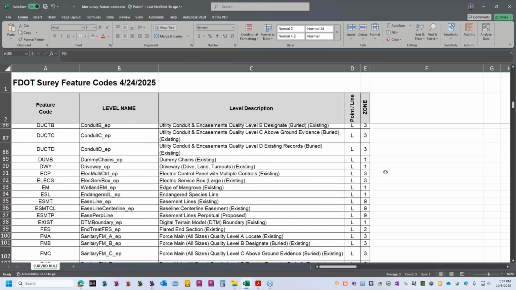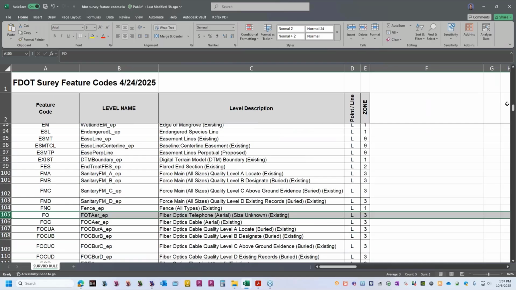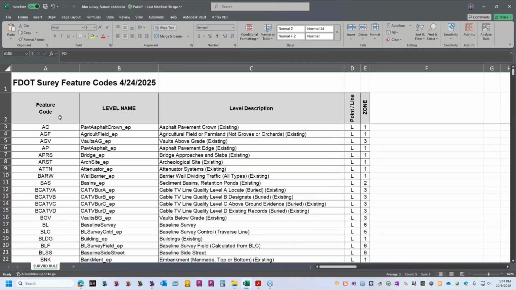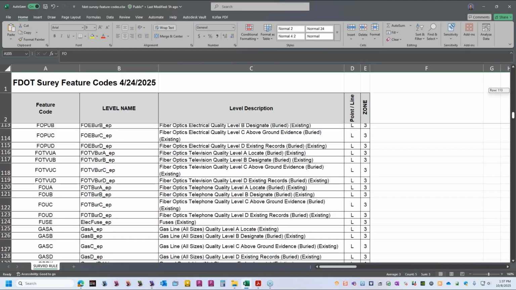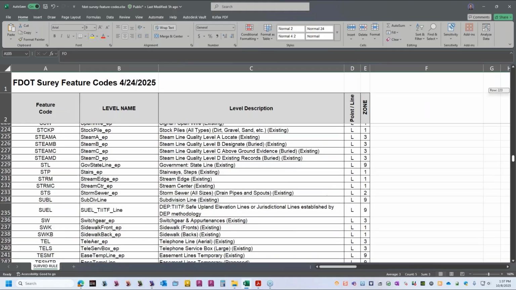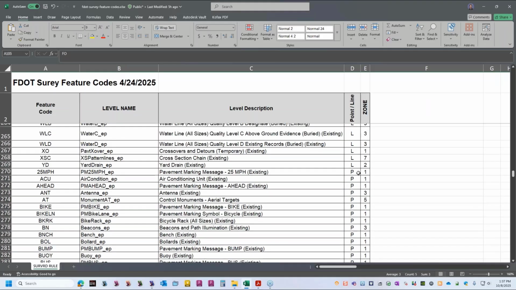It's going to be somewhere in here. It's going to have feature codes, your level names, your level descriptions, your point line, whether it's a point or a line. So these are linear features. Your point features will be P. And if I move on down here, let's see, to where the P's start, you'll see it starts right along in here, the 25 miles an hour. So these are all the point features, and they can be downloaded into your data collectors so your crews can